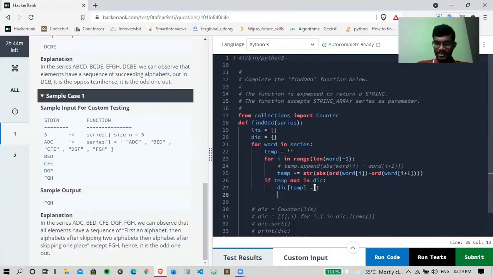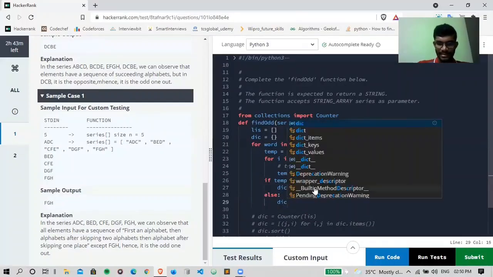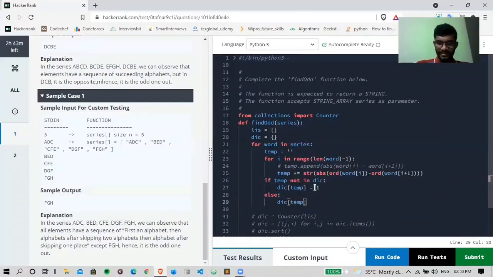I'll count this one here itself. Else, dictionary of s equals to 1. So I'll get a dictionary, but